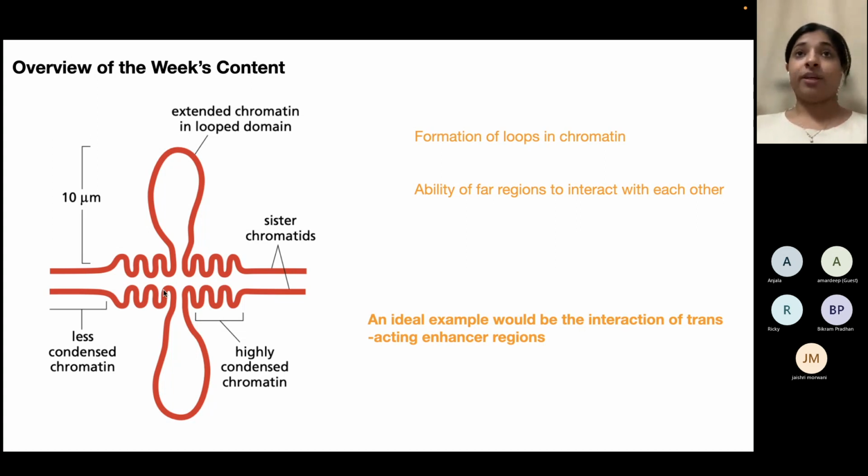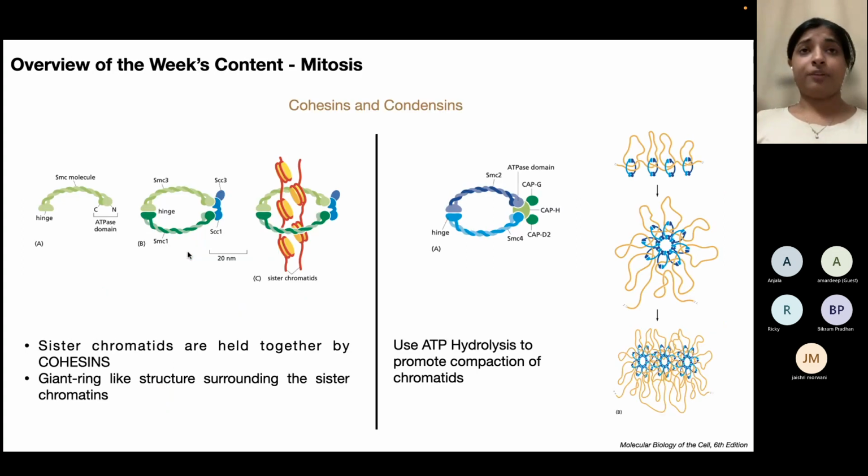It's not present everywhere, and that particular region in which the loop is present is very conserved. It's in the same region across cells, and it's not randomly present anywhere. So this allows the ability of far away regions to interact with each other. So we've all heard of these transacting enhancer regions, in which a region that is much farther away from your gene encoding region can